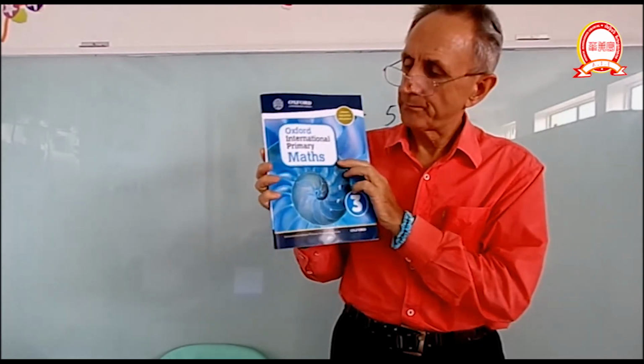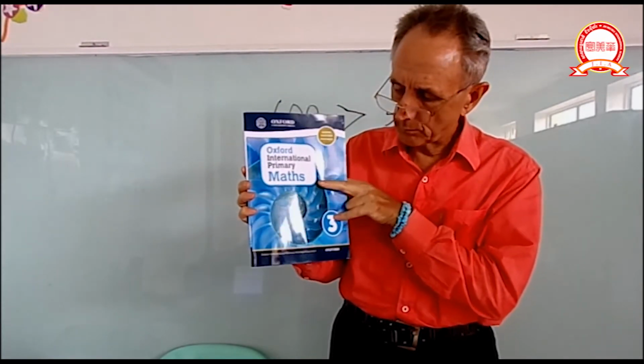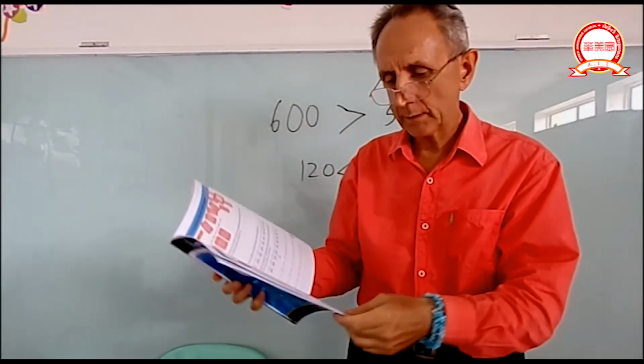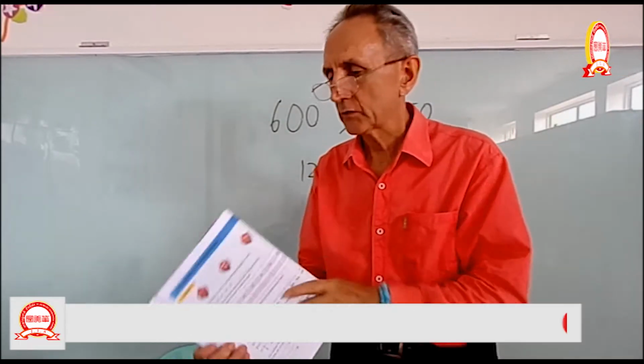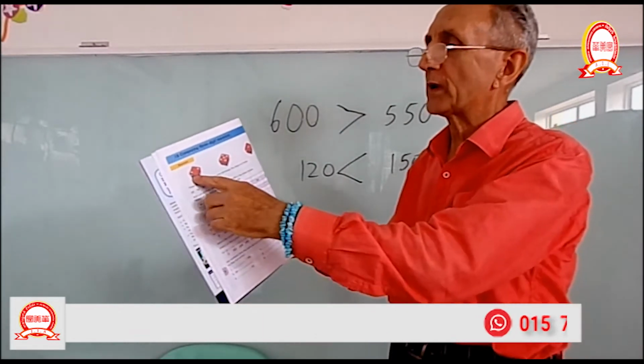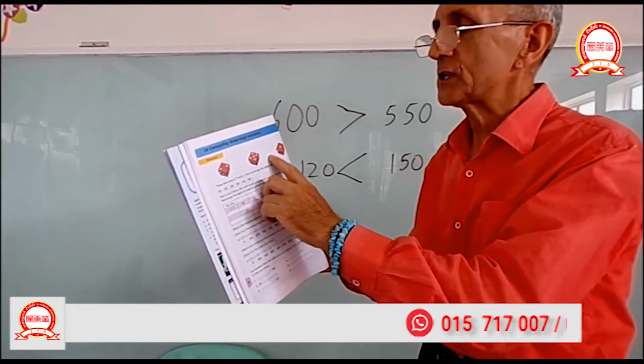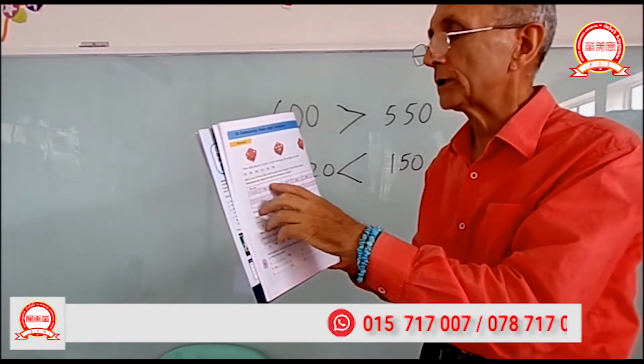Grade 3, Primary Maths, Book 3, Unit 1, page 8. So on page 8, at the top of the page we have 3 dice. This is what the book tells you to use in order to do this